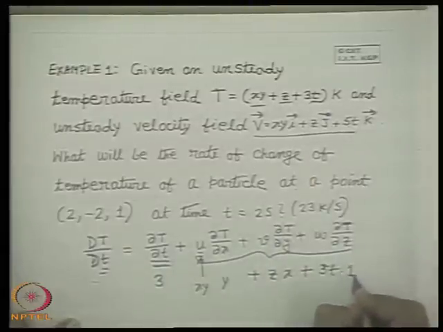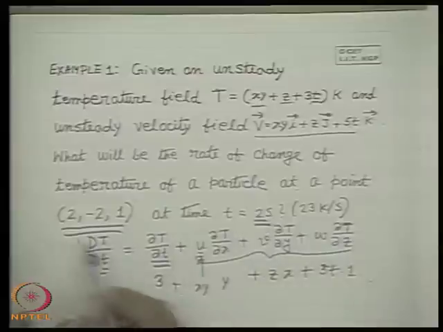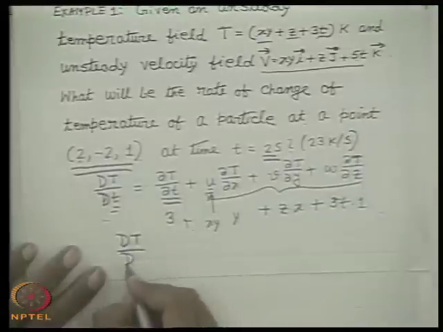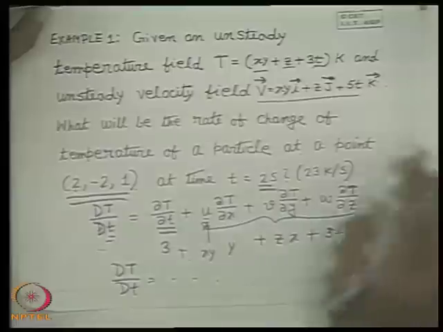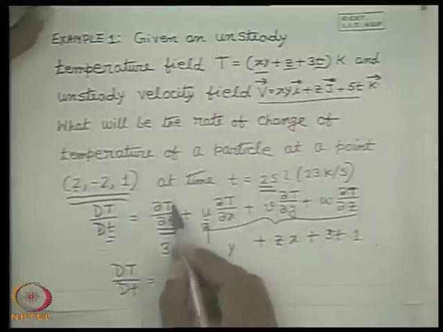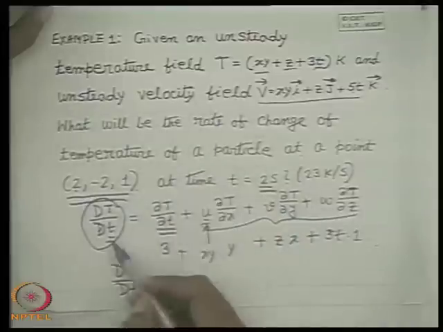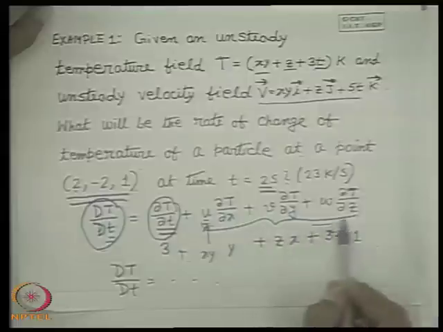And what is del T del z? 1. So now this plus this plus this plus this is a function of x, y, z, t. So at this point and at this value of t and this value of x, y, z, now it's a school level thing, you can find out the value of DT/Dt. This is a simple straightforward application of the concept of temporal and convective derivative to find out the total derivative. In case of time, the total change is this local change in time plus the change with convection. Okay, all right.